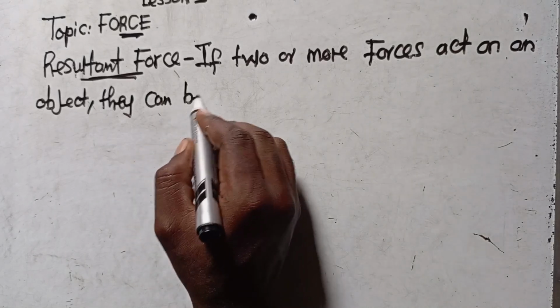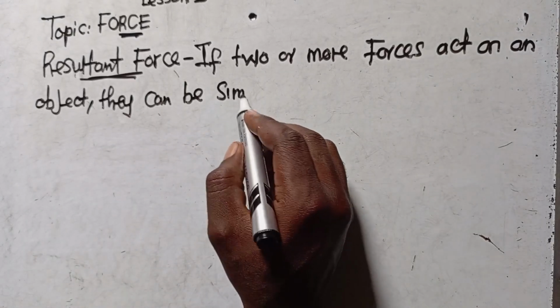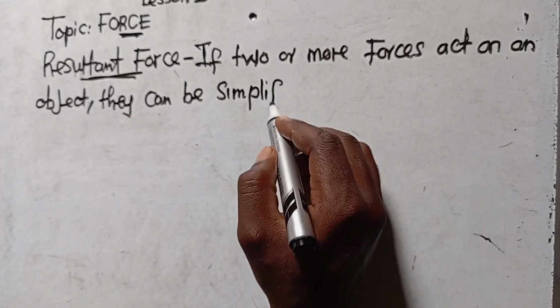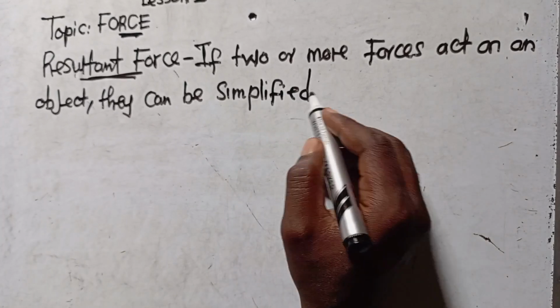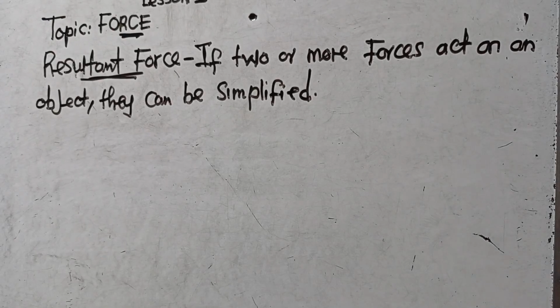This is what you need to understand. Since they can be simplified, this process of simplifying them is what we are calling resultant